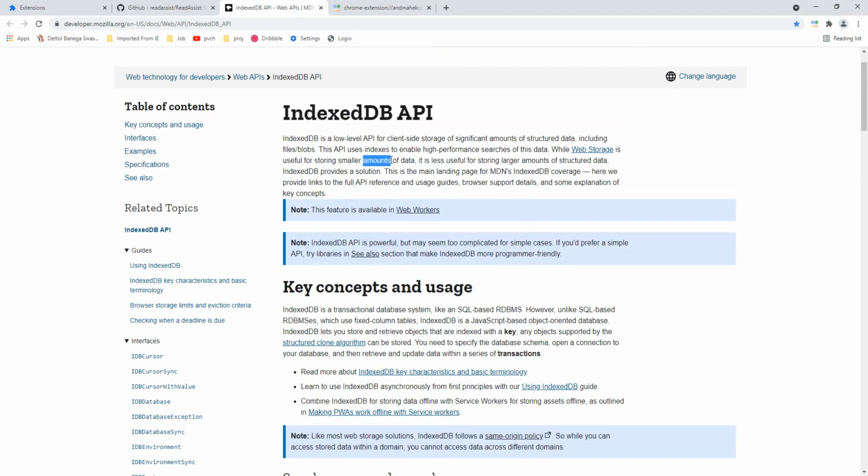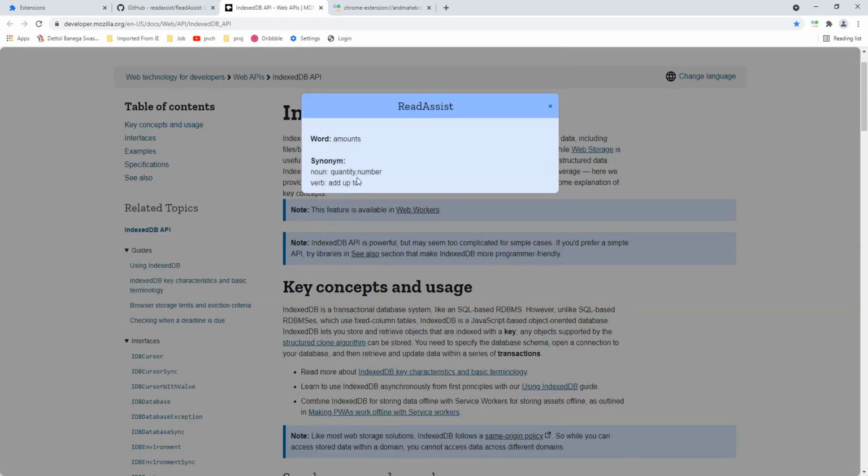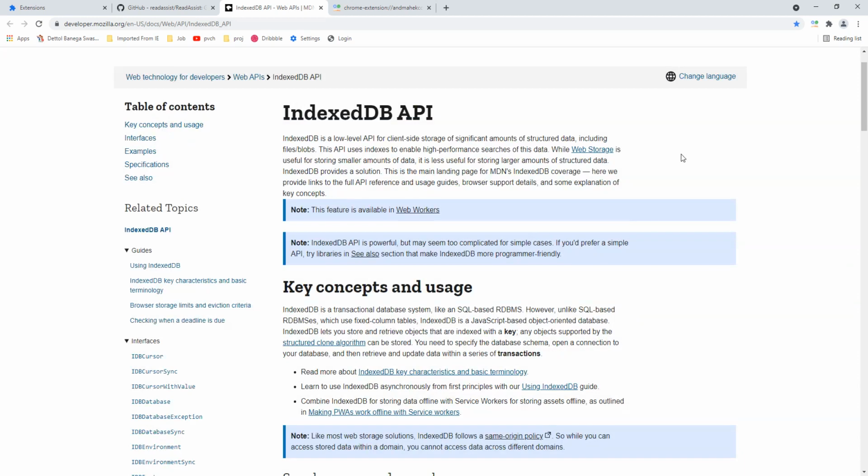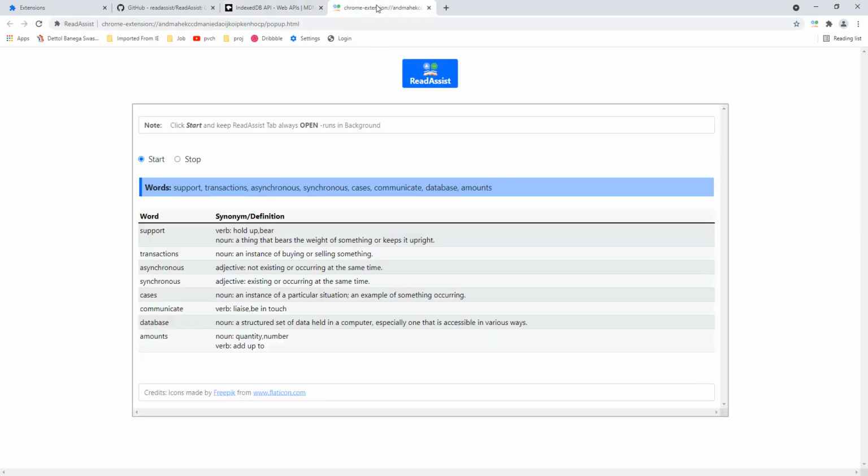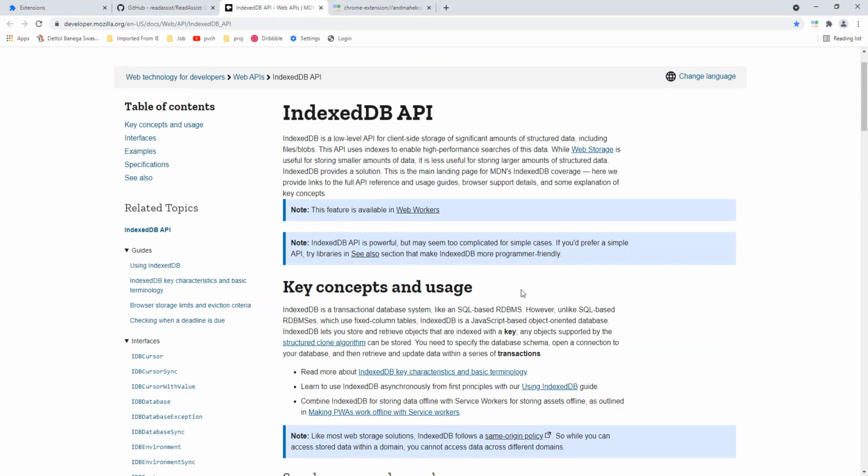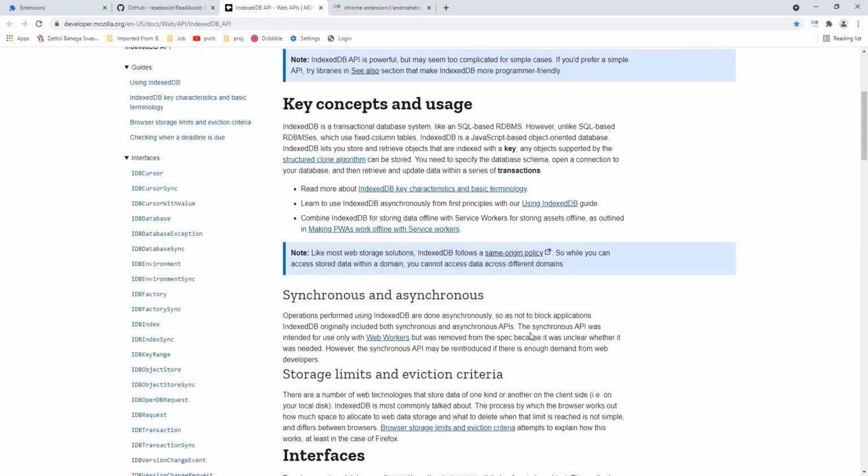While I had illustrated the other feature, this is the second feature where you can select a specific word, right click and say get quick synonym. The quick synonym fetches the word definition again and still keeps capturing the word meaning behind the scenes. I'll continue doing that for a few more words.